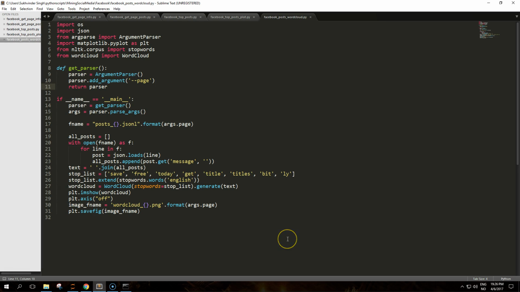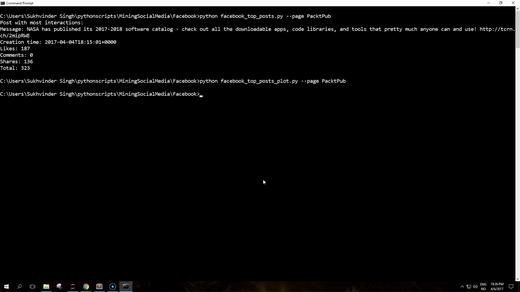So in this section, we will use the wordcloud Python package, which provides an extremely easy way to produce word clouds. Firstly, we'll need to install the library and its dependencies in our virtual environment or anywhere you like. I like to install in my system because I use these libraries a lot. So just go ahead and pip install wordcloud